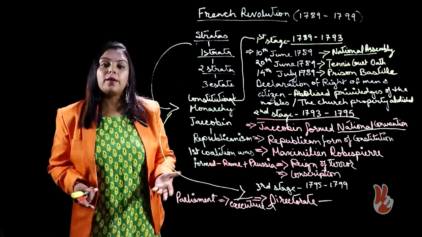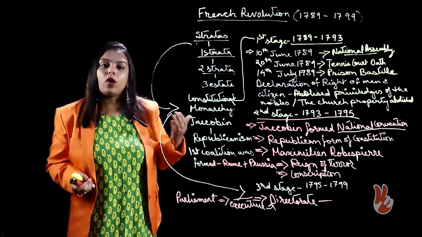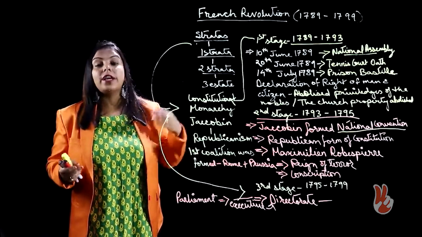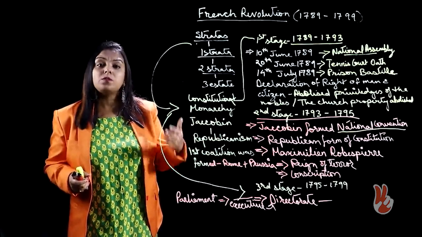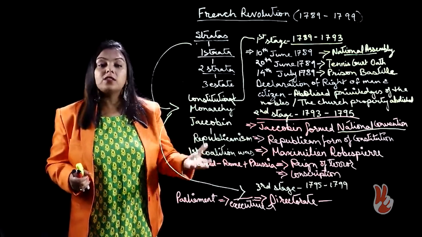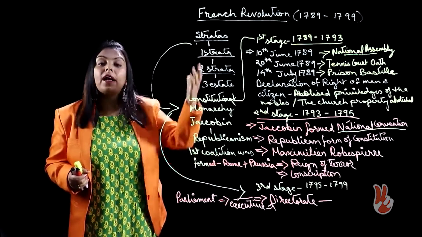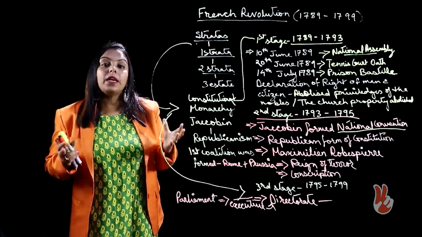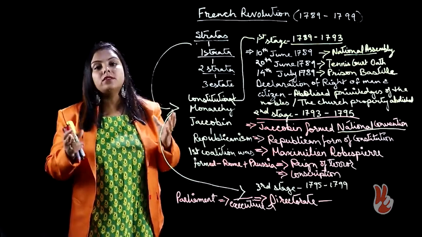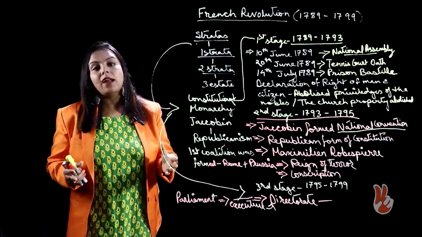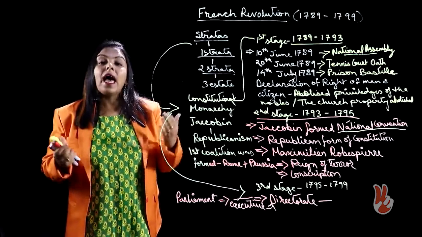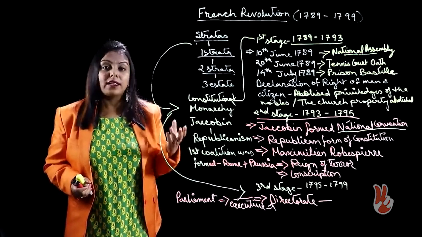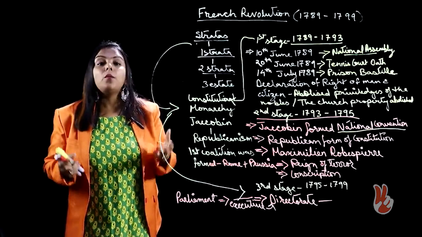Now, during this time, as I told you, there were many coalitions that were formed by various countries of Europe, which had Russia, Prussia, Rome, Spain and Britain, and France was single-handedly fighting against all these coalitions. Due to this, the army became one of the major institutions of France, and people started looking up to the army and the army officers. One of the most successful army officers of that time was obviously Napoleon Bonaparte.